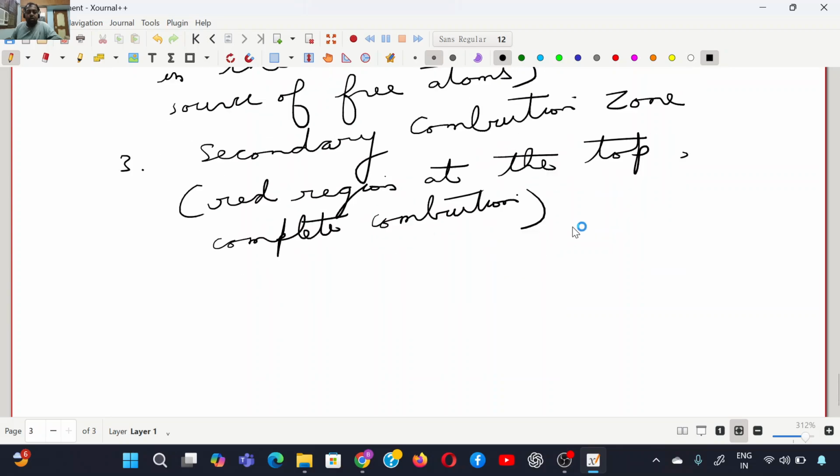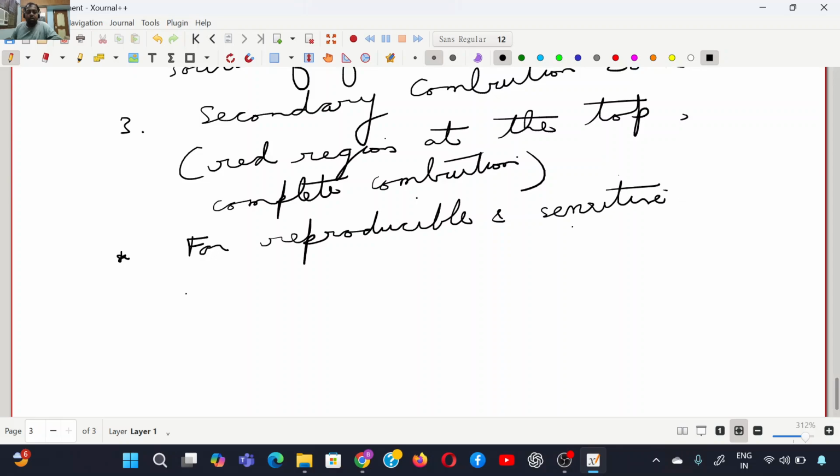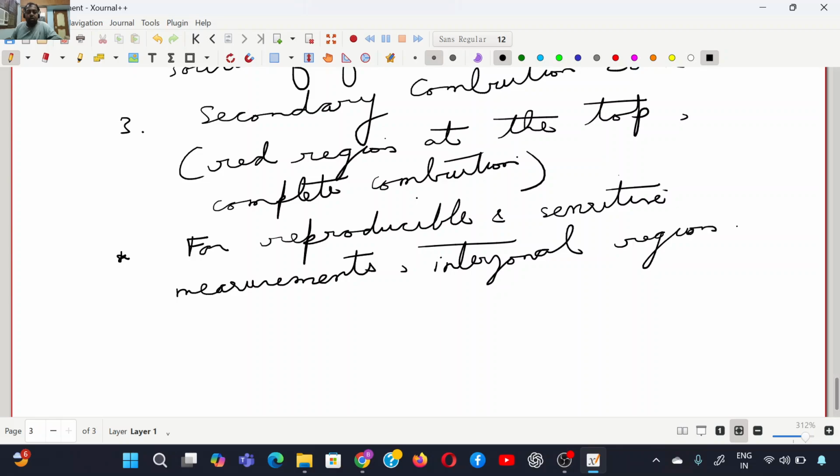So I'll just make that note, an important note for reproducible and sensitive measurements. What is most important for us is the interzonal region. Okay,